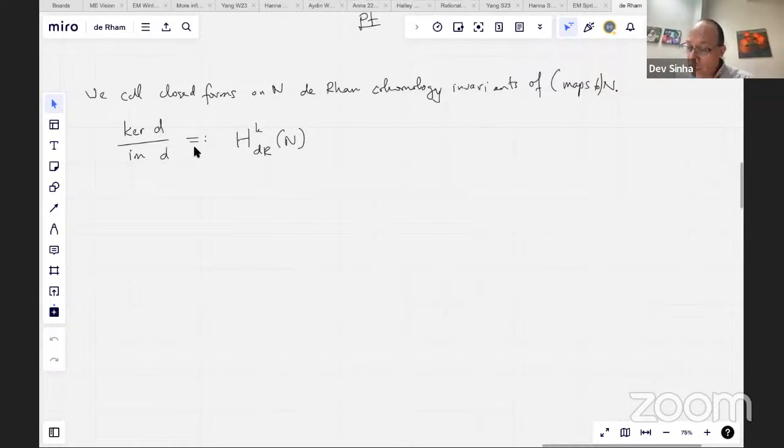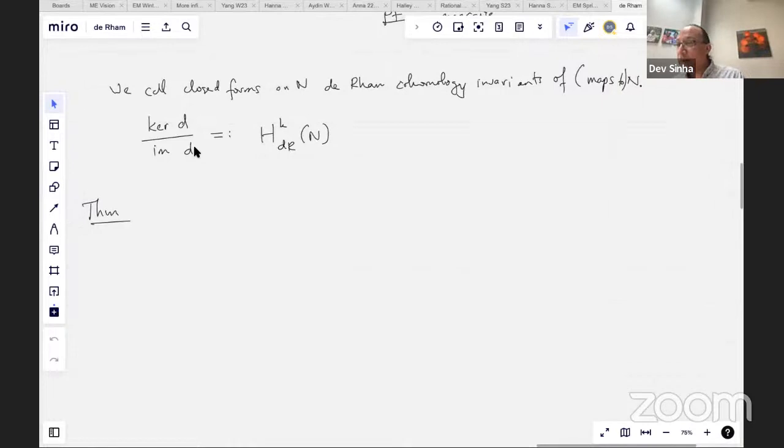Okay, let me give you the most probably important calculation of this. And unlike the previous theorems, this one's much harder. I'm not going to go into the proof. So if N itself is good, and say dimension D, then this de Rham cohomology in degree D is a rank 1 vector space. It's just R, and the isomorphism is given by